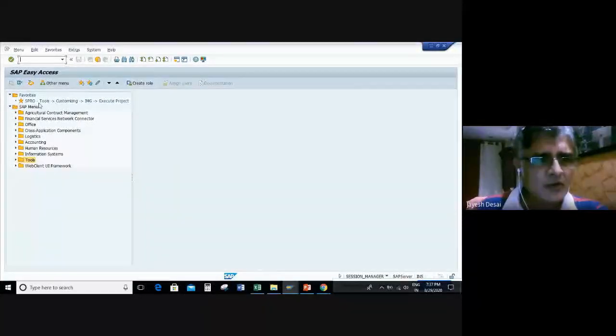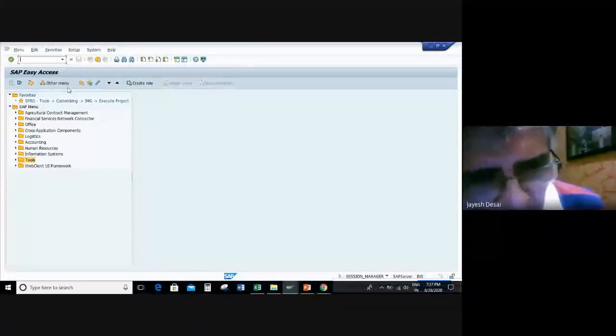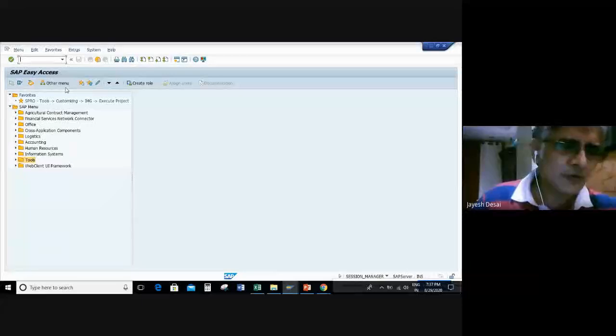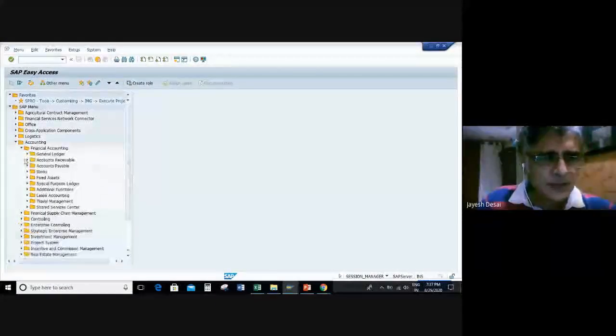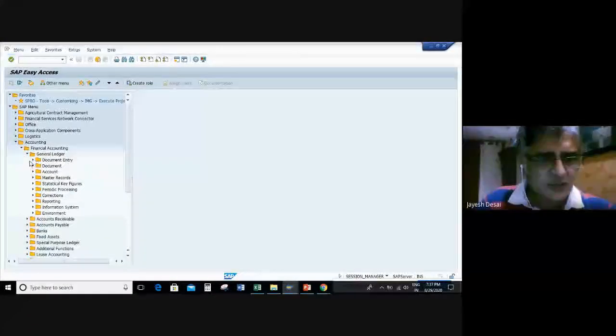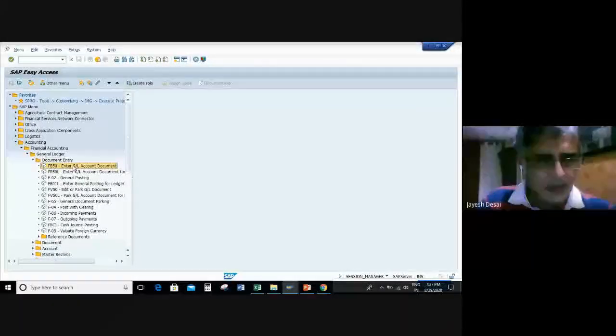This is the normal menu. You can also have a user-defined menu so that if you want to just see the transactions that you want, that is part of the user profile, then that is also possible. You can come into any of these transaction codes, and now do a right click and say add to favorites. You can save it as a favorite.